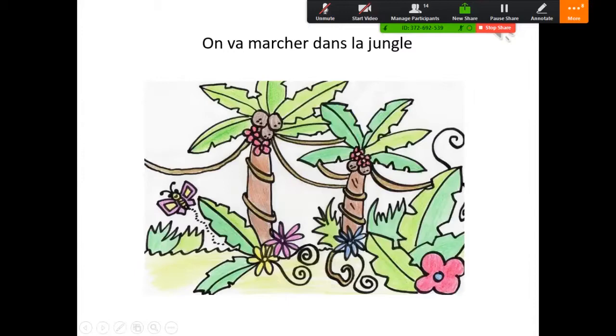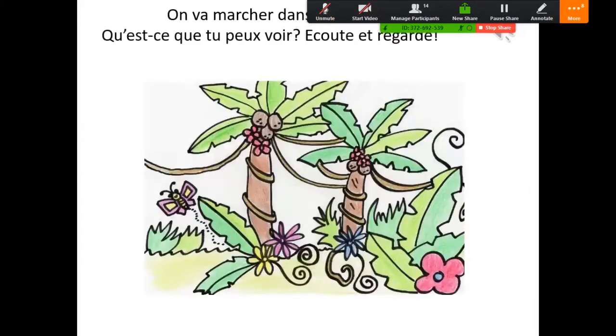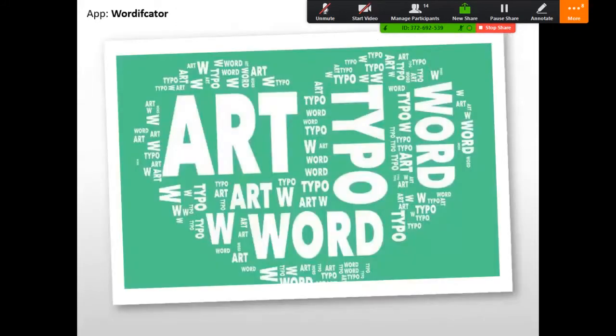Okay, so I'm not going to show the whole of the story, but you can see the structure, and that was really the introduction to the lesson for me. You can go on a few slides until the end of the story, please. And as a follow-up activity, we did all kinds of things. We did acting out, being jungle explorers. We acted out being the animals. The pupils chanted the story along with me.